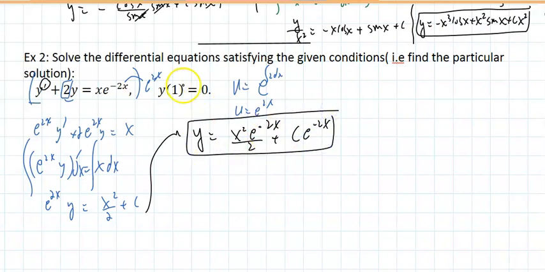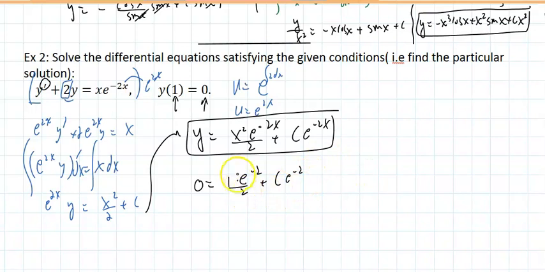Since they told me that when x equal 1, y equal 0, I could figure out c: 0 equal 1 squared times e to the negative 2 over 2 plus c e to the negative 2,